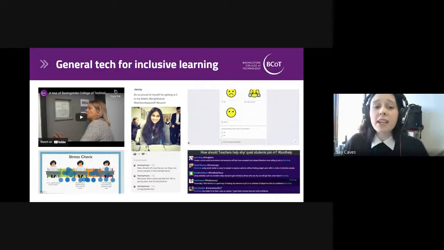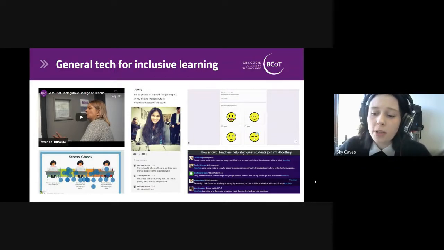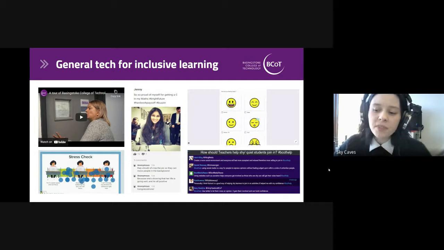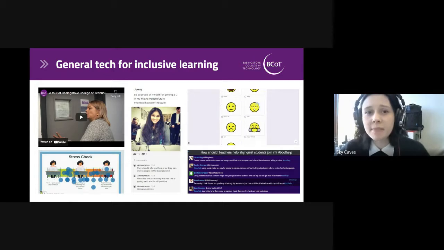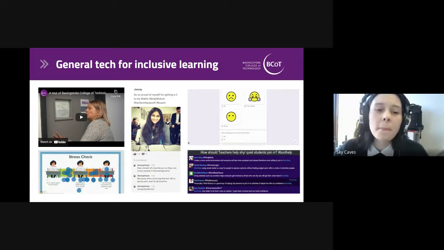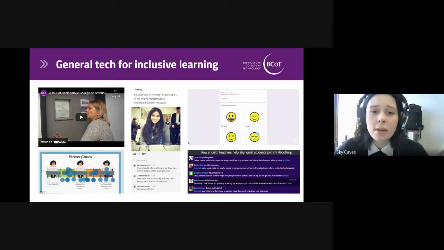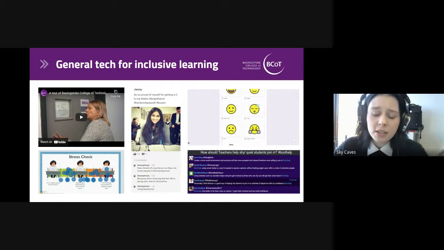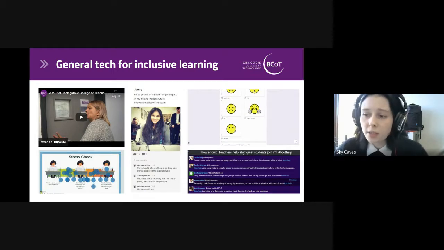So in this section, I'm going to talk a little bit about how we're using tech in general. And in the section after this, we'll look at some specific accessibility tools. But in terms of generally creating an inclusive learning environment, since our digital team was formed 5 or 6 years